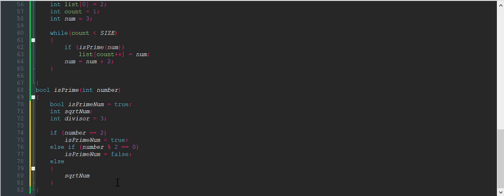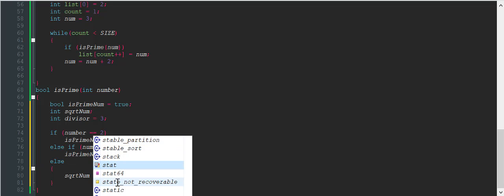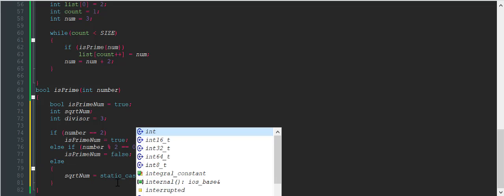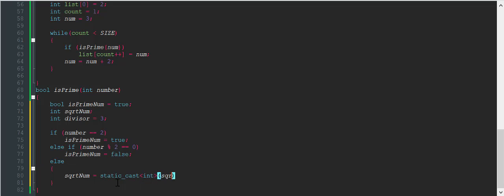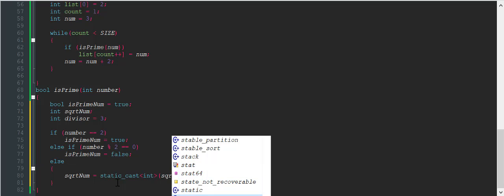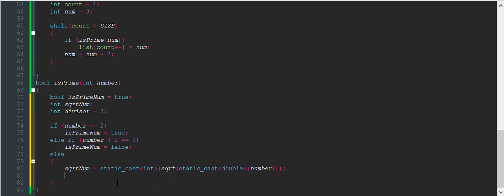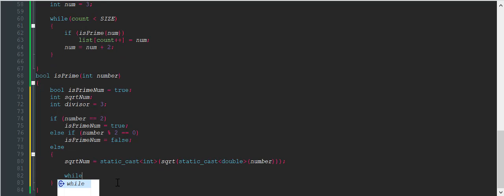Square root num is equal to static cast int square root static cast double number, and then we write a semicolon at the end to top it off, and then we write in while